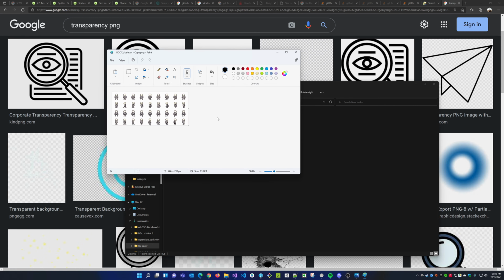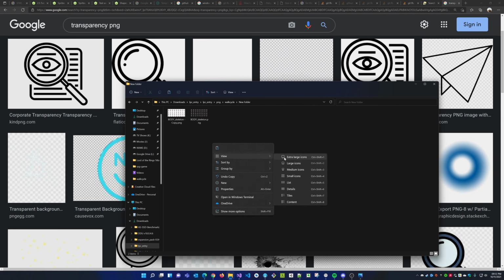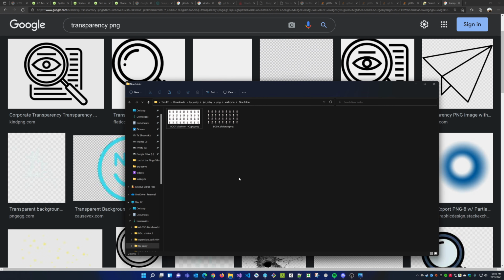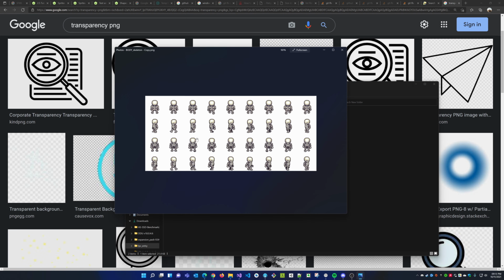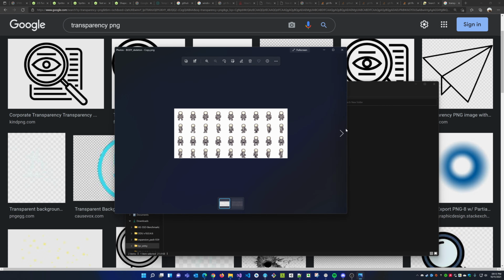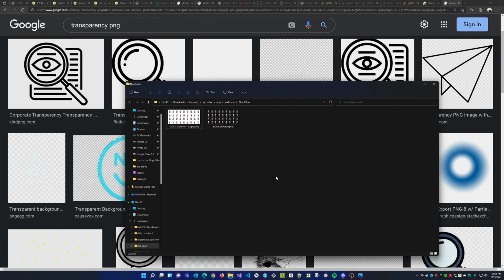So if I open it, you will see that the background now is white. If I save this image and close it, you can see the difference. Let me make this view large. This image now is white. This is not transparent. Now this has a white background. But this image is transparent. You can see the actual window color. So that's kind of the difference.